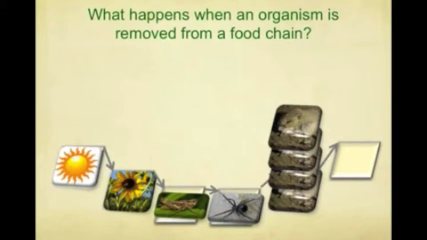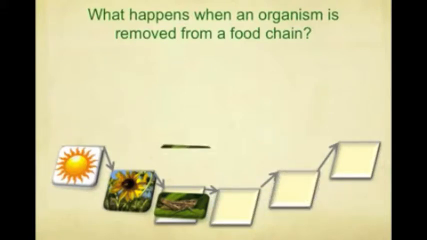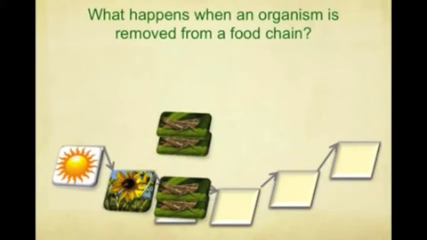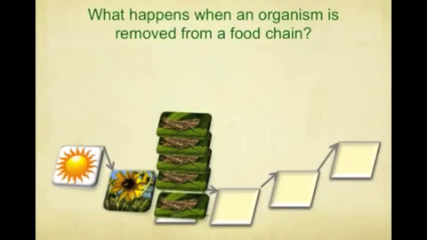If the mouse population increases, they're going to affect the spider population. The spider population is probably going to go down because there are too many mice eating all of the spiders. So as that happens, that's going to negatively affect the mouse population. When the spiders are gone, the grasshopper population is going to get out of control. And this is often what happens when we have infestations of insects. The predators of these insects are taken out of the ecosystems with poisons or in some other way, and the pest insects become really, really populous because the predators aren't there to control them.